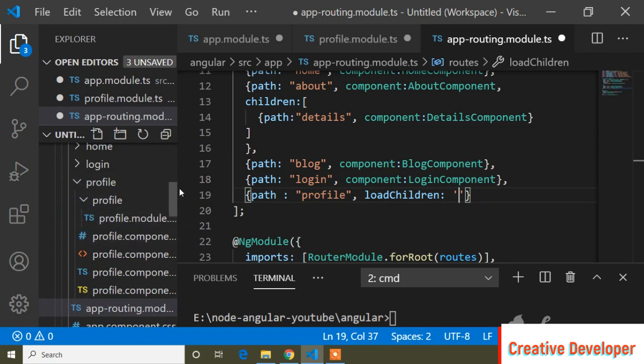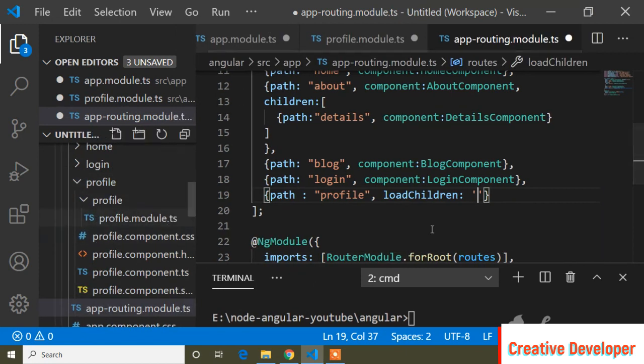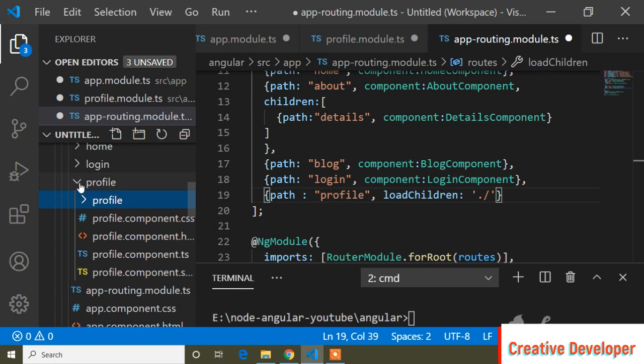That means this profile module's path. So here I will type the path of our profile module. So dot slash. Inside, first of all I have to enter this profile folder.